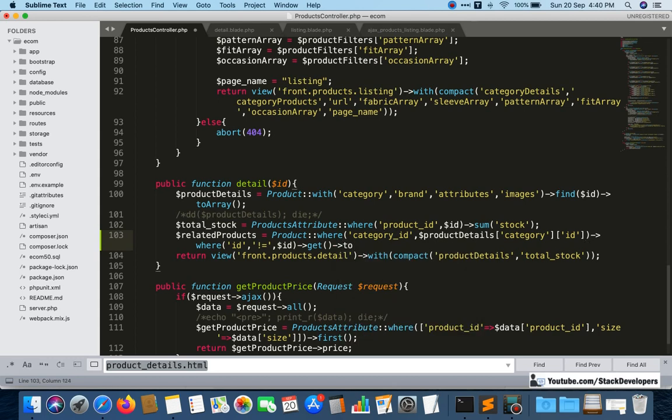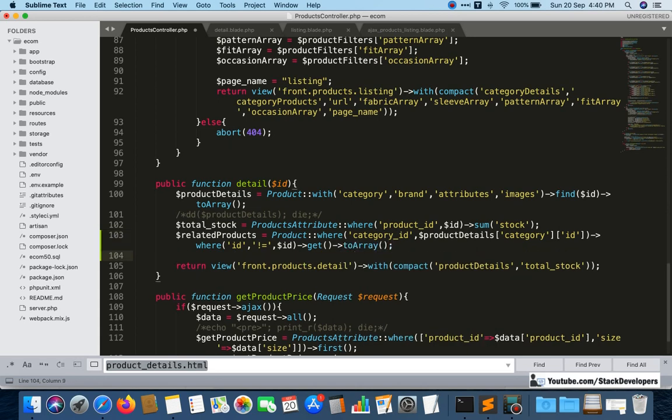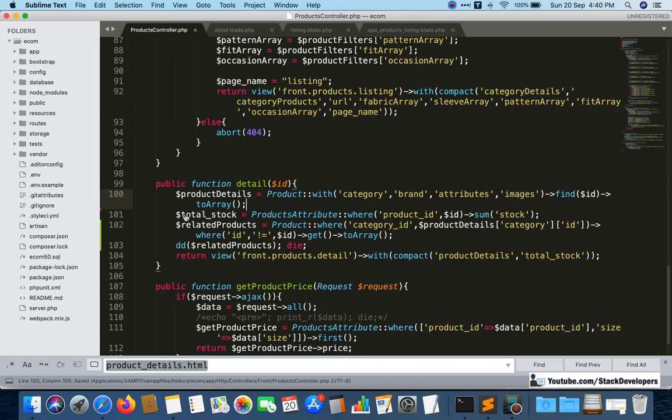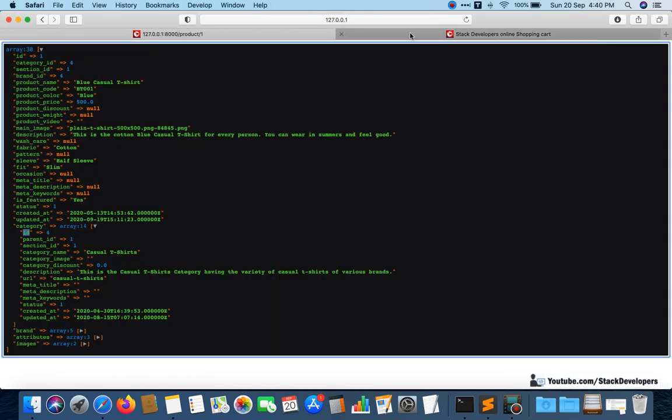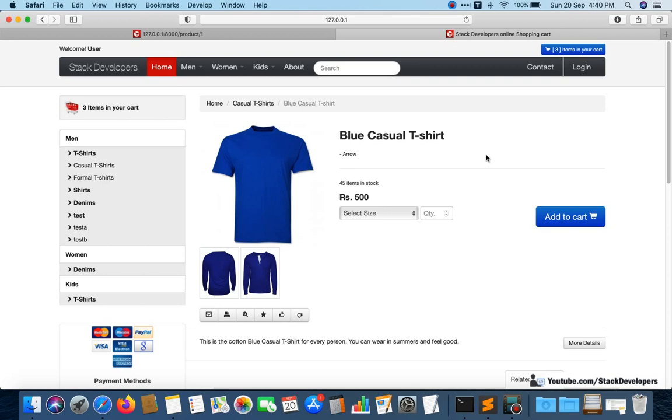Again we are going to debug the code like this so we can easily see it. Now we can debug related products. Here we are going to display like this. Now let's see, I am going to refresh here.